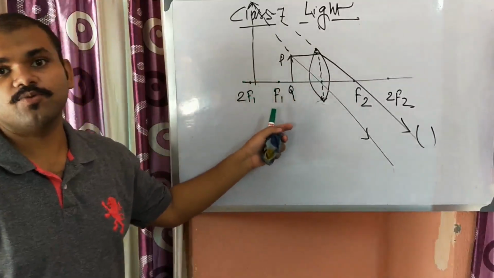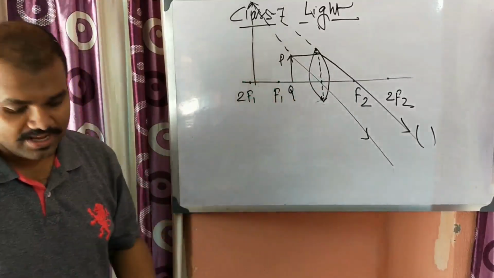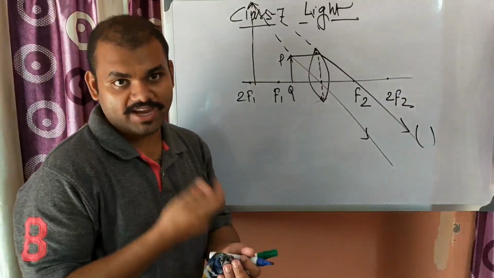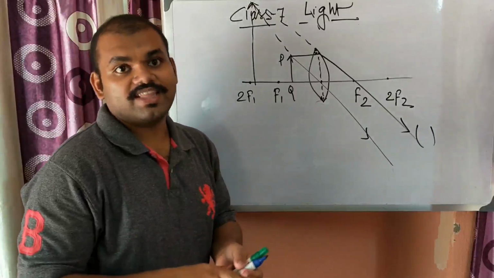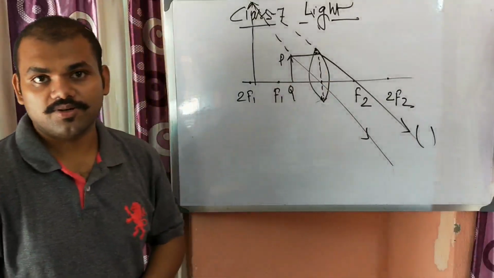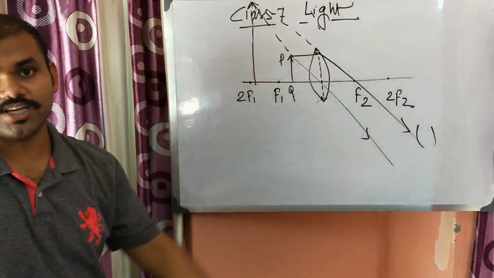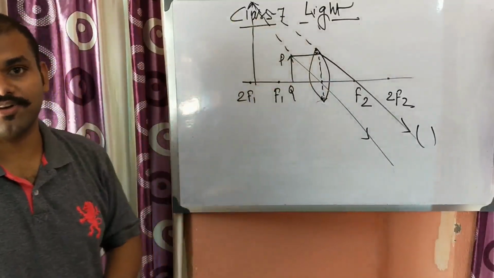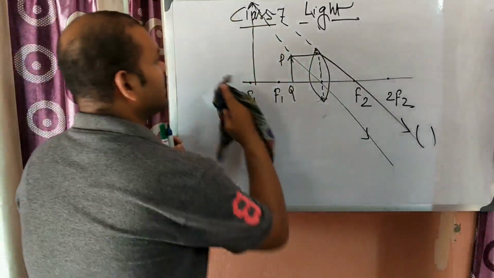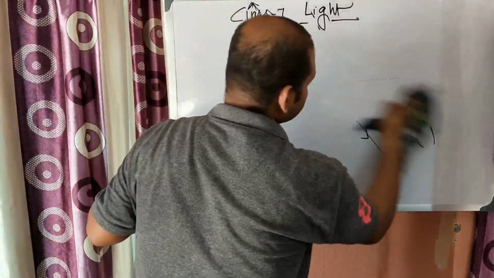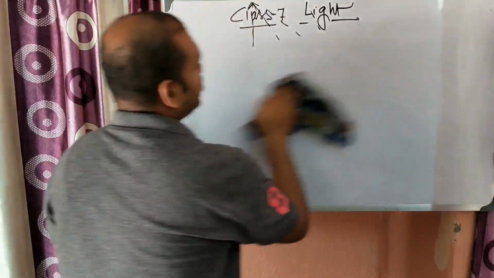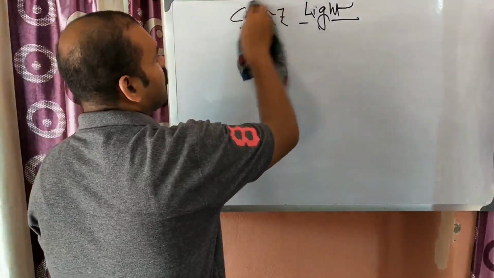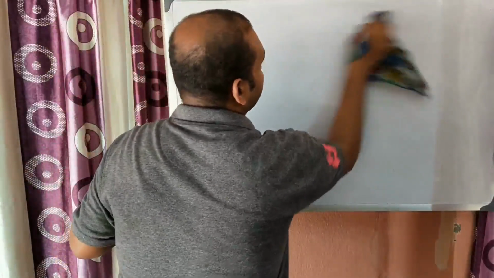And this application we are using in the case of a magnifying glass, where we need to keep the book or whatever we need to magnify, and we need to see that thing within the focus. Okay, so for different positions in front of a convex lens, the images formed are different. In the case of a concave lens, it is in your book, so I am not doing it here. So see your book,